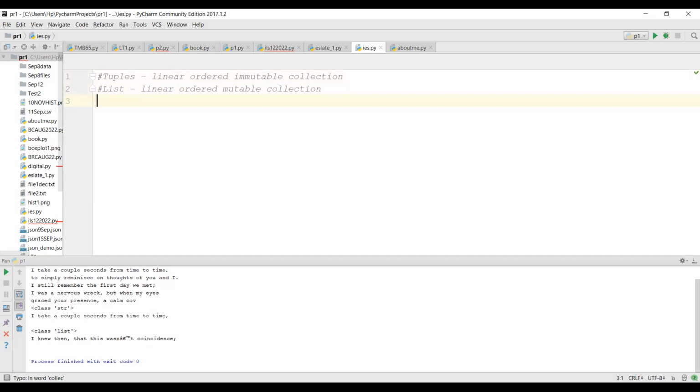We use a square bracket for list. For tuple, we use a simple bracket. When do we use a simple bracket other than this? We use simple brackets for functions, correct? Functions, yes. And the second thing is we use it for